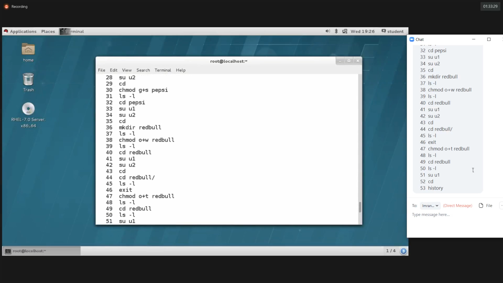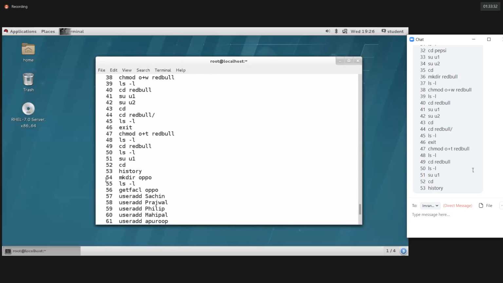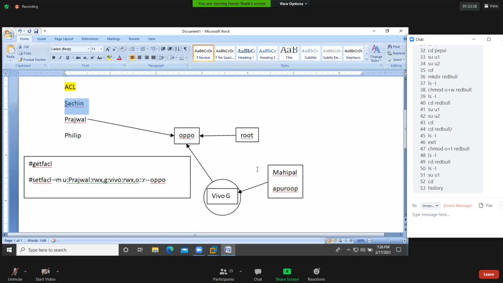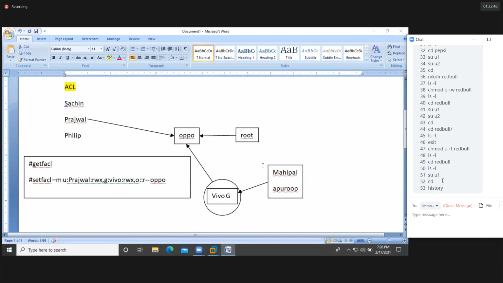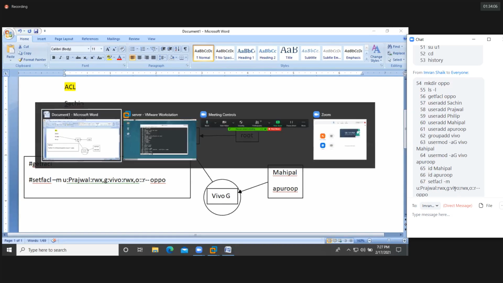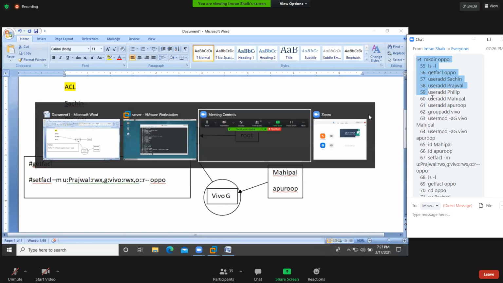From where, guys? I think from here. How can you remember? You should have the interest, guys, because of that only we can remember. Sachin, do the practical session, you are also going to remember everything. See, if you observe, I didn't take any notes now. Directly I'm teaching you without any book or reference document.